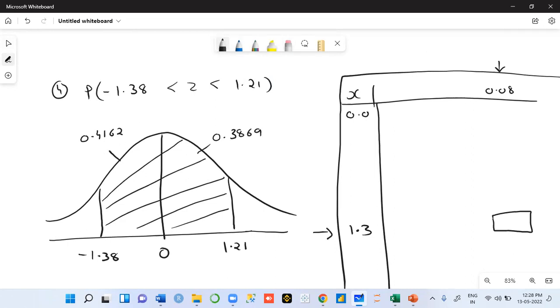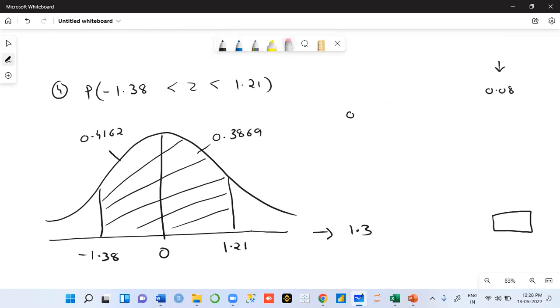Okay. Now my question to everyone. Should I do addition or should I do subtraction? Addition. Good. So this area plus that area. The final answer is